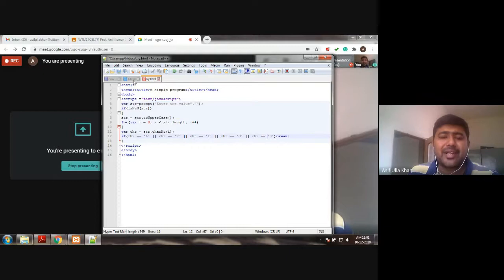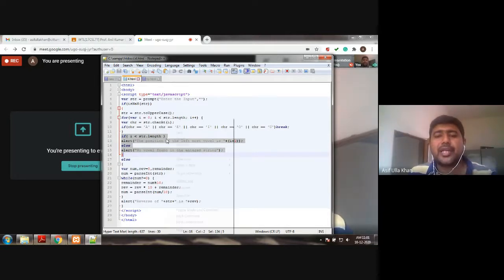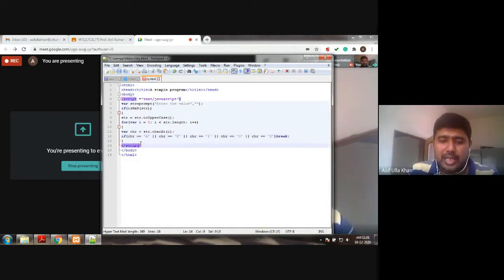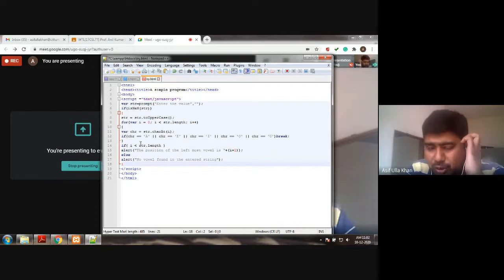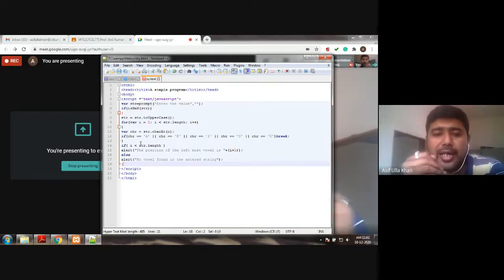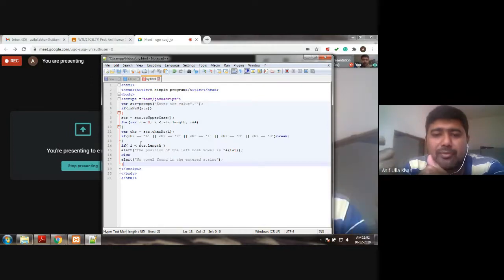Once I have done this, I'm checking whether that particular index i is holding a vowel, then obviously it's a vowel. Now I check if i is within the string length, the position of the leftmost vowel is i plus 1.